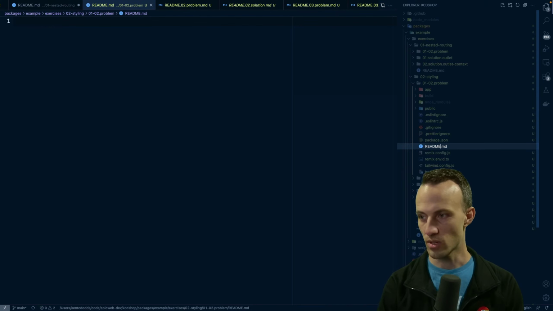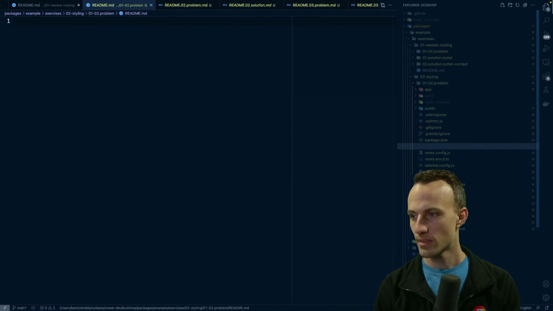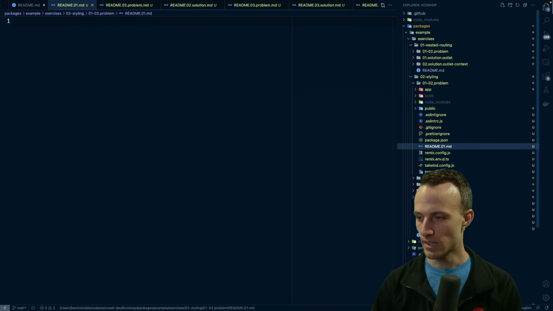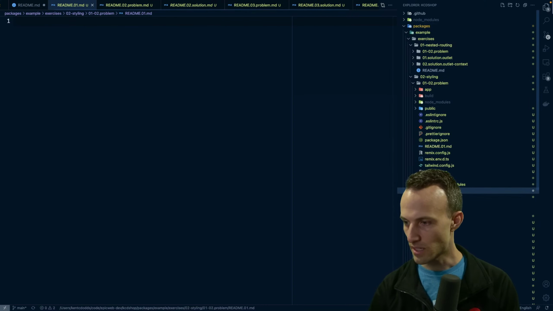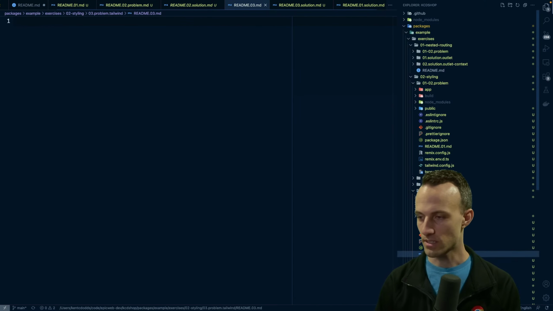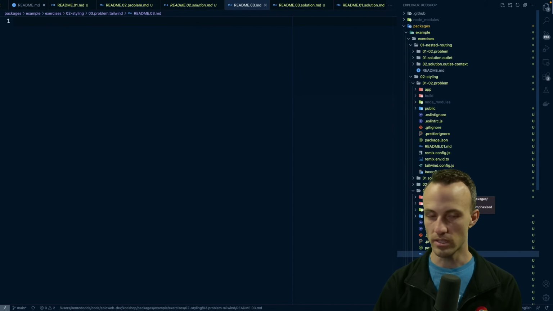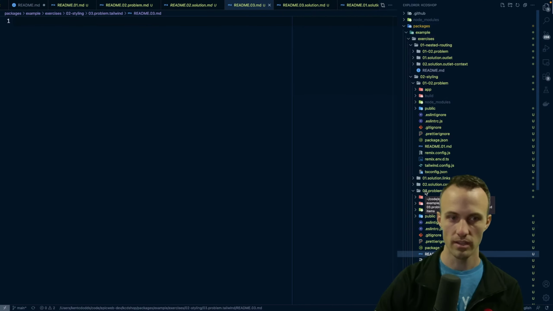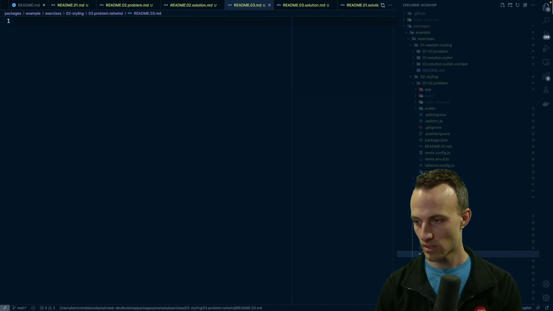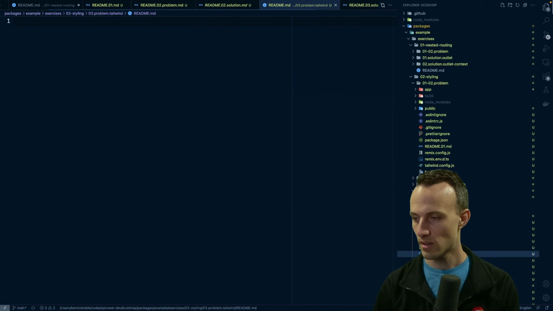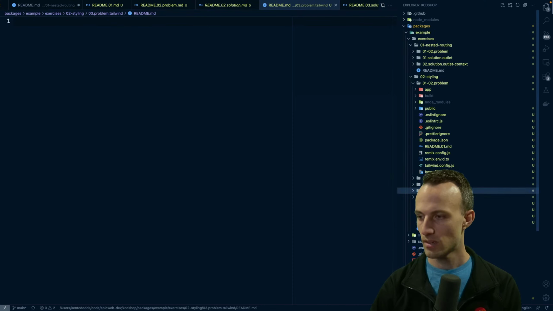So if I say this is README 01, and then in here, I say this is README 03. If I decide later to change 3 to step 4 or to step 1 or whatever, now I have to make sure I update this README. So I'm thinking this should just be README. And this